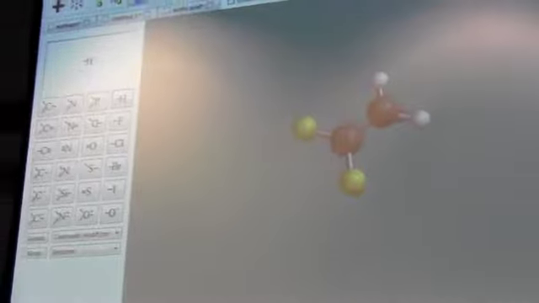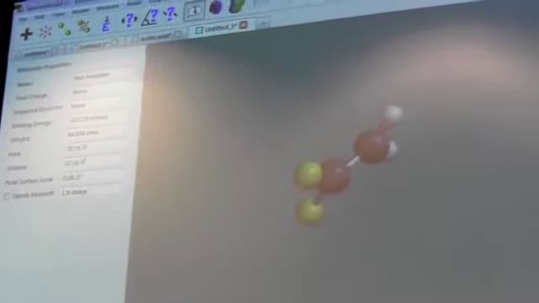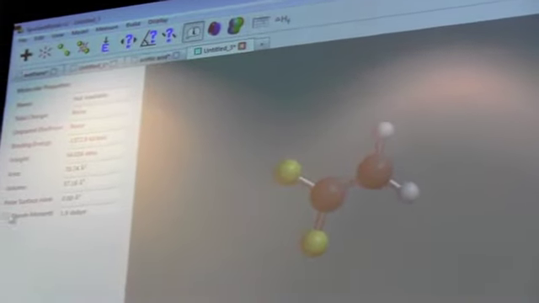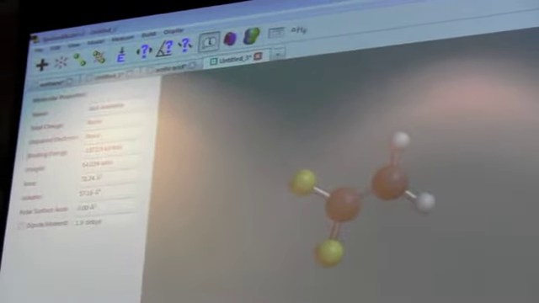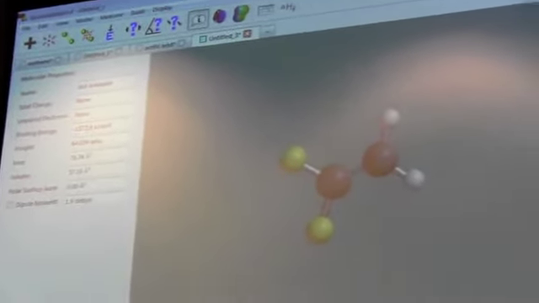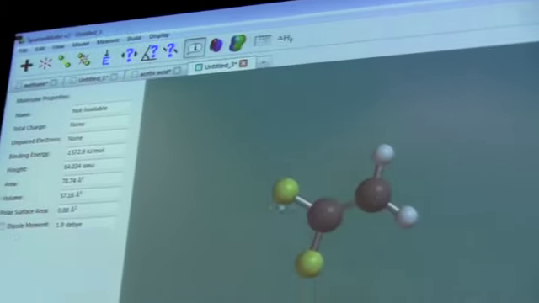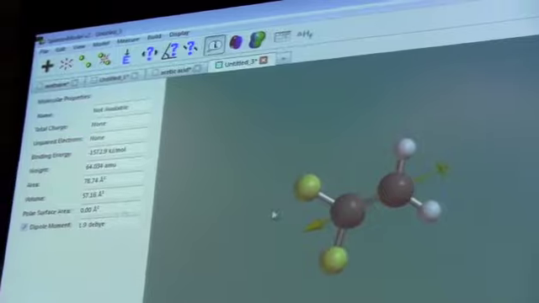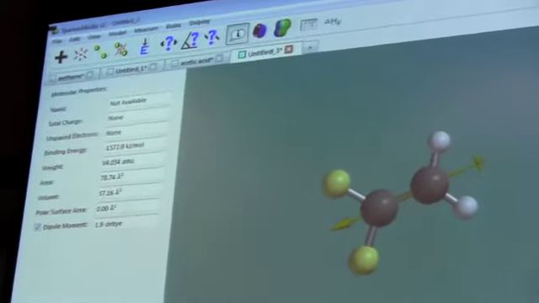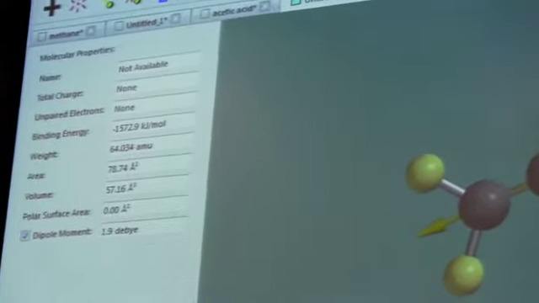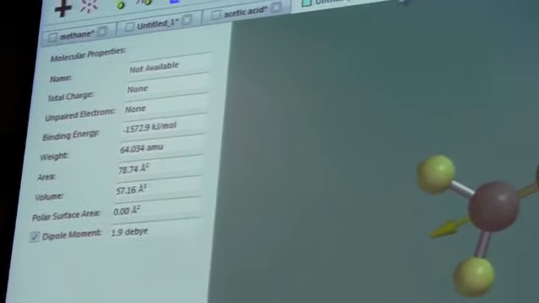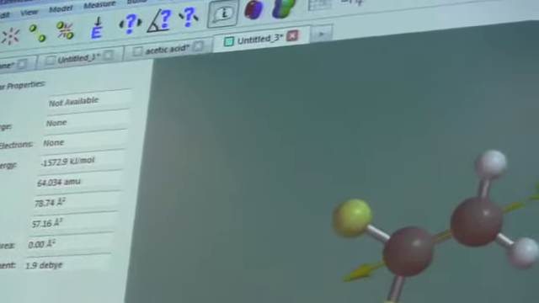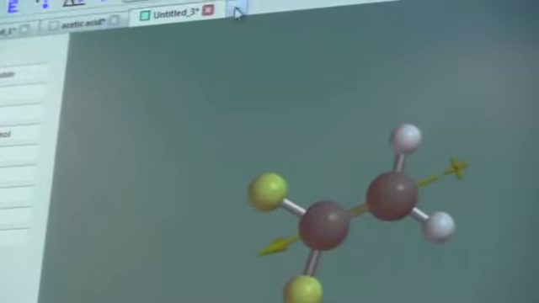then I go into here, and it is not available, but I would like to know if there is a dipole. And before, what is this one? Good students. Oh yeah, it says in here. It tells you where it is polar. And then you want to do another one, and I think it's easier to do the,